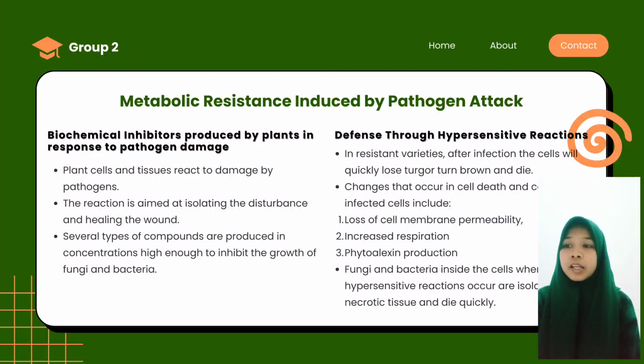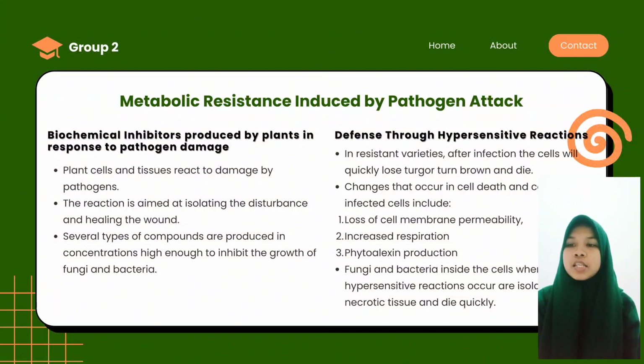And the second, defense through hypersensitive reaction. The first is in resistant varieties. After infection, the cells will quickly lose their turgor and die. Changes that occur in cell death and collapse in infected cells include